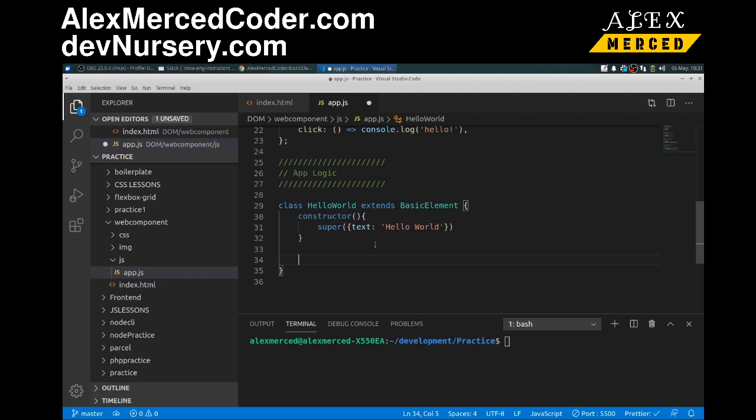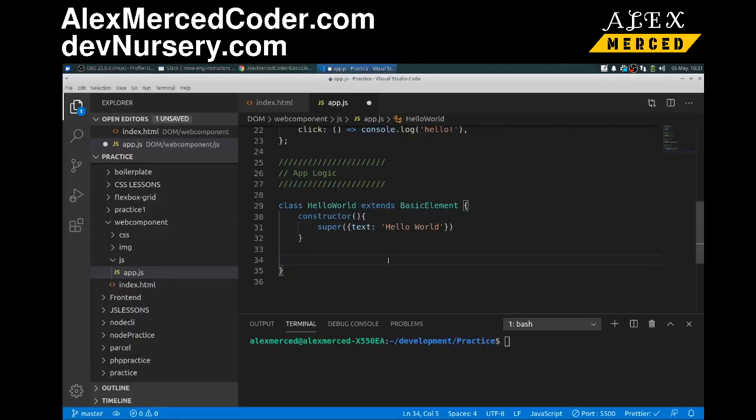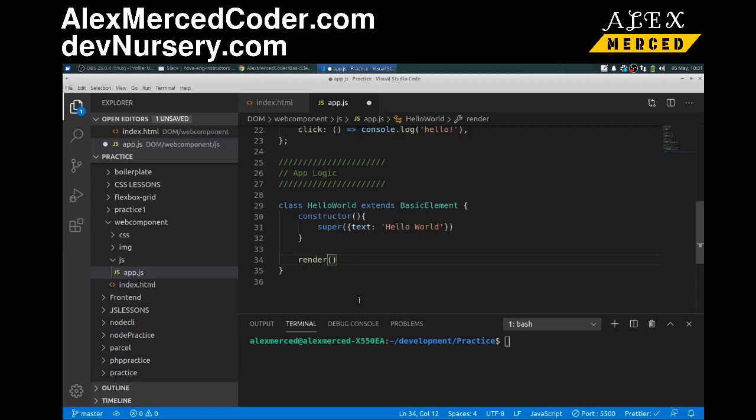And then here we can have methods. Also we need our template. That's going to be our render function. So again, just like React, we have a render function, which is going to take in, I think, state and props. Yep, state, props. And then here, this has to return a template string. So this could be as simple as an h1 with the